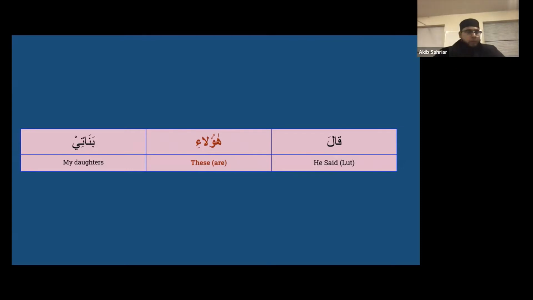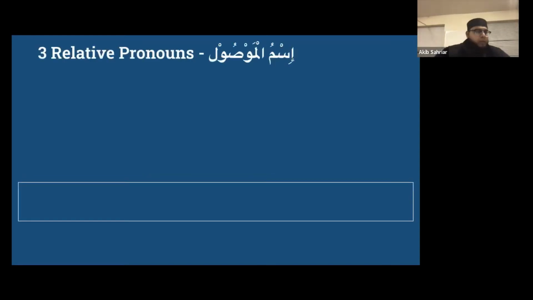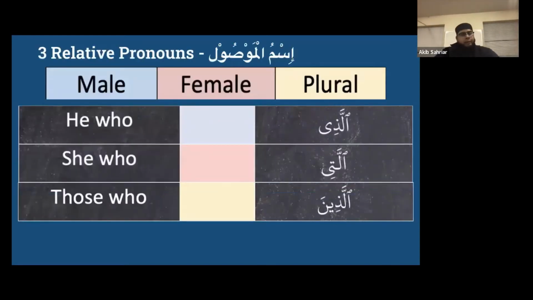So used for both, right? So haula'i and ulaika, they're both used for male and female, and it's for plural, right? Those are just some examples that we went over. Just want to go over them again, and then inshallah today, we'll be covering these three relative pronouns,